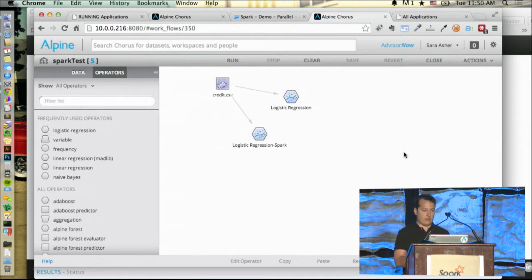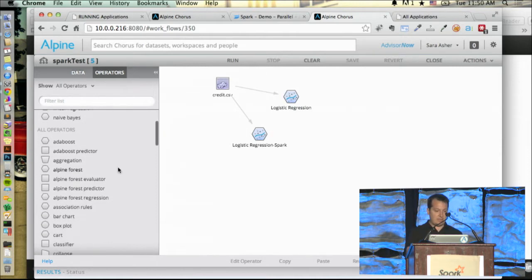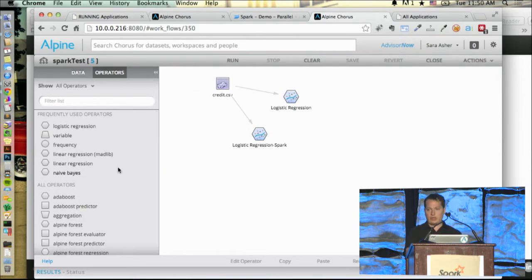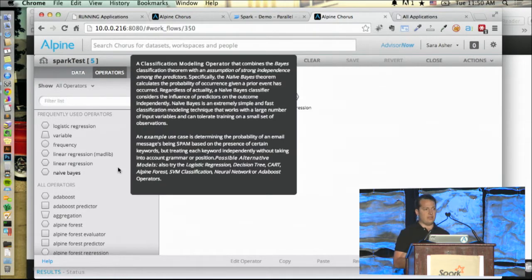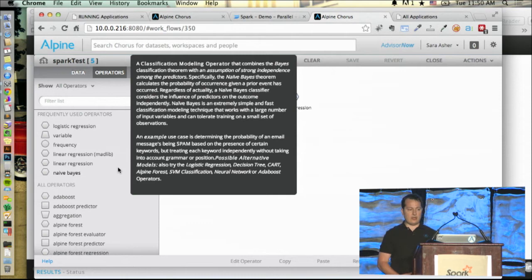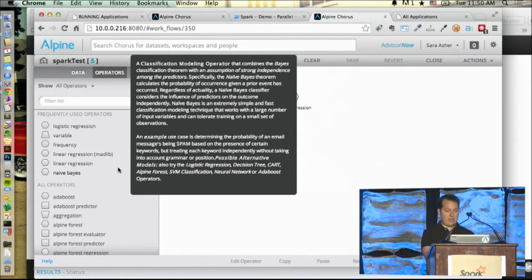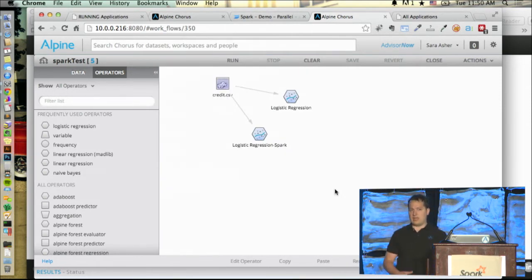So basically, I'm going to jump right into our workflow development studio. And what you'll see is, we basically have on the left-hand panel here a number of what we call operators. If you want to find the list of all of the operators that we support, there's just over 80. You can go to our start page and go to our periodic table, and it has a list of a ton of them.